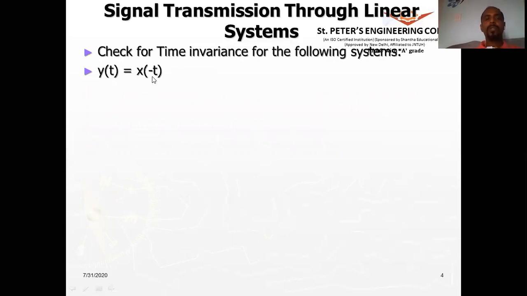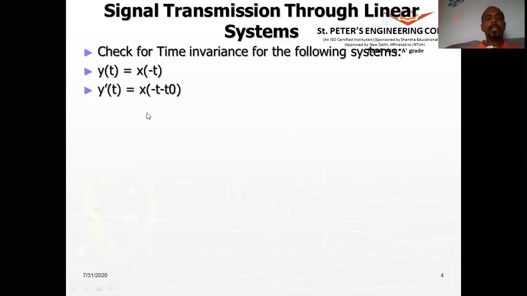All right. X of t means the signal as it is. X of minus t means it is a mirror image of x of t. So it is reflecting. The t operator is performing reflection operation. So what is y dash of t? If I give the delayed input, x of t minus t naught, the t operator will simply go and touch the t and change it to minus t. So what you get is y dash of t is equal to x of minus t naught.